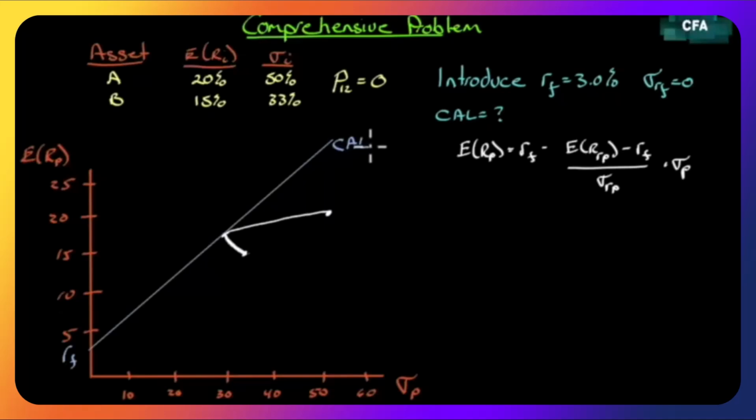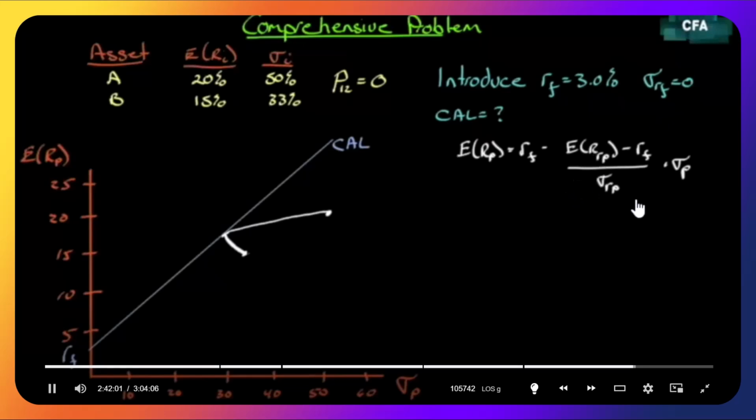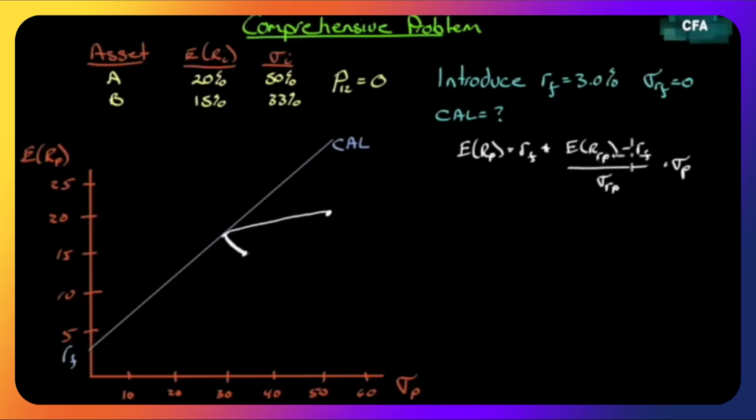You could just go right to a graph and say, well, the capital allocation point will be the line with the steepest slope that is just tangent to the efficient part of the minimum variance frontier, and I've done that. Great, but it's not much value unless I know what the slope of this is. I'd like the equation of this line. Well, we've already found the equation of the line. We've already introduced it earlier. The intercept is the risk-free rate. And then you have, sorry, this is a plus. And then you have the slope of the line.